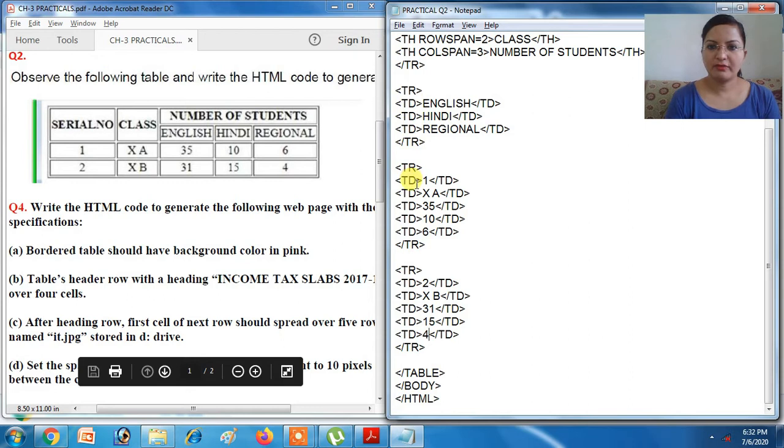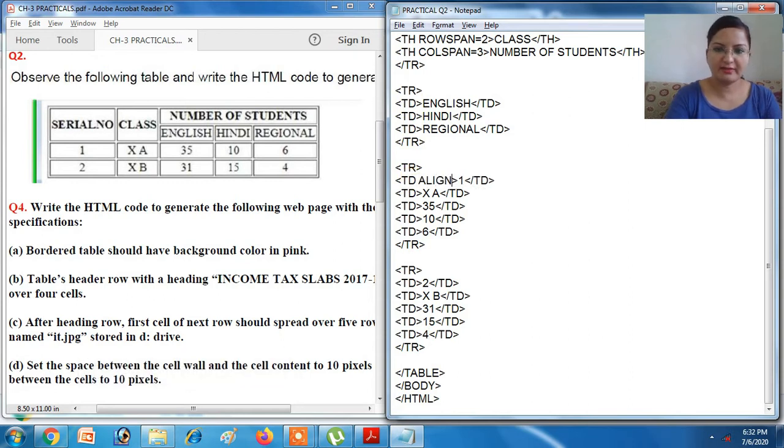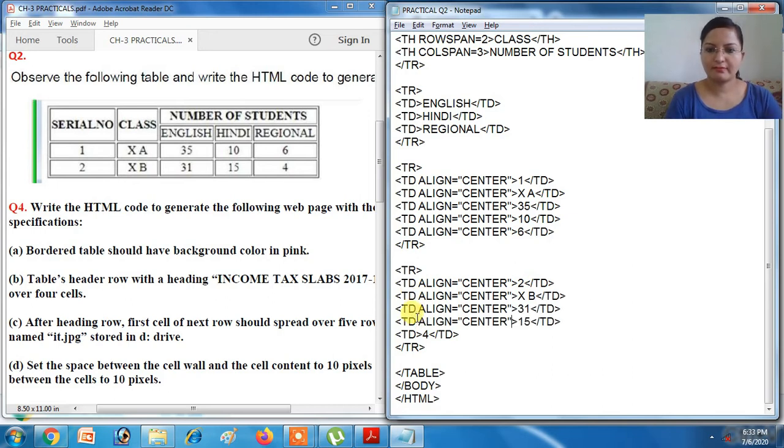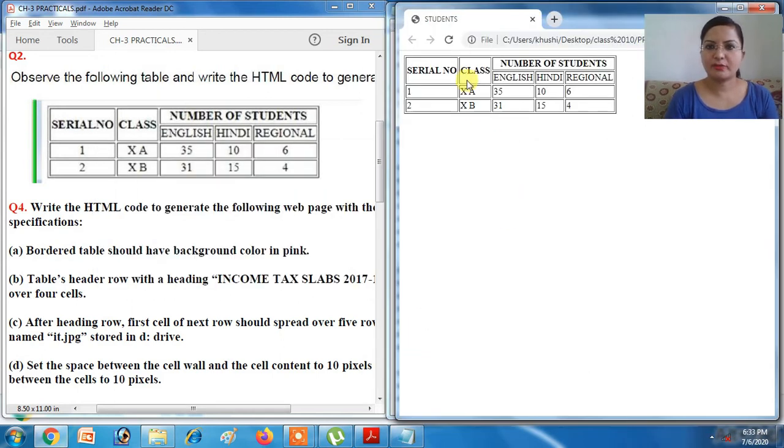So once you write align equals to center, you can copy it everywhere wherever required. Save it and see the output. Refresh. Okay, now it is exactly same as given in the question.